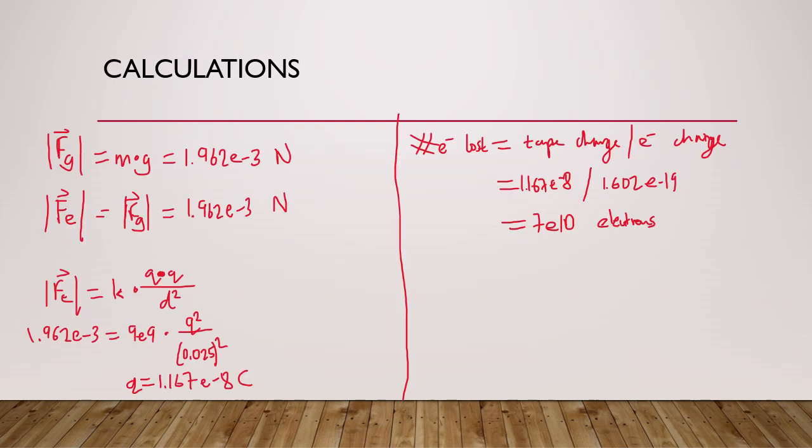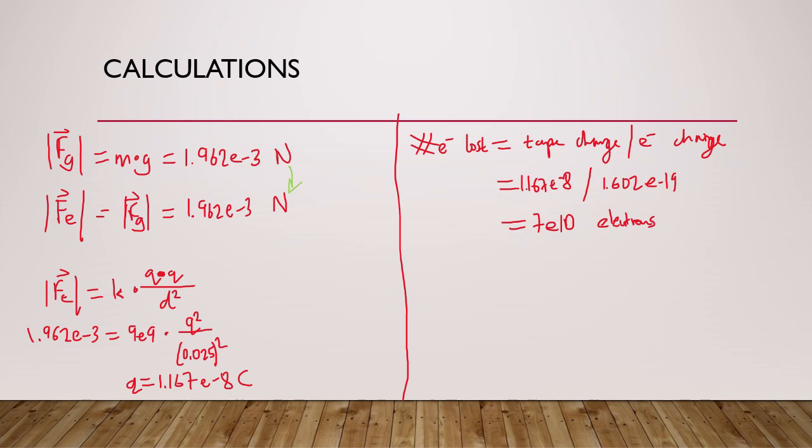So here are our calculations for the experiment. First of all, because we had that initial mass that we measured, we can quite easily find the force due to gravity. That's because the tape is balanced. There, F net is going to be 0, meaning that the electric force is equal to gravitational force,